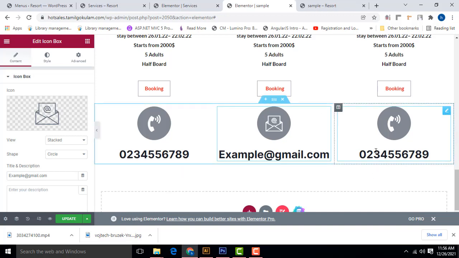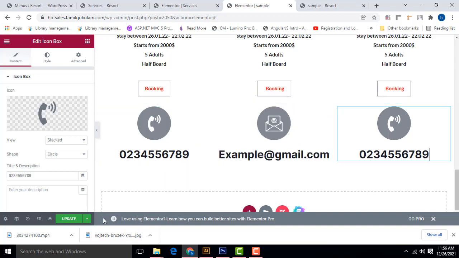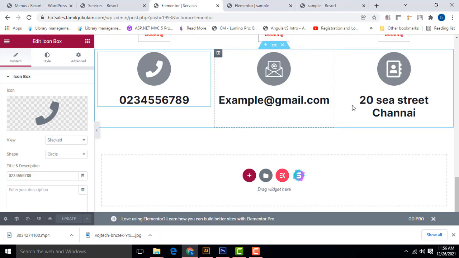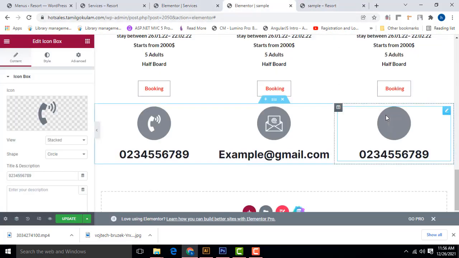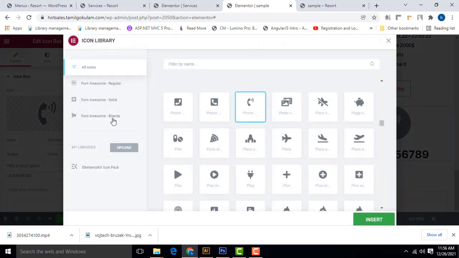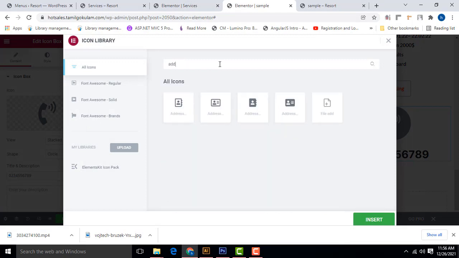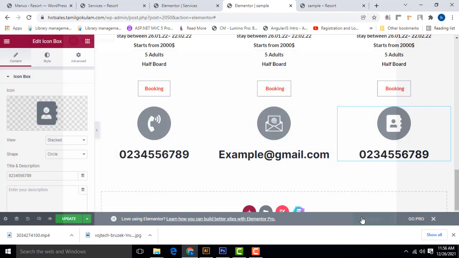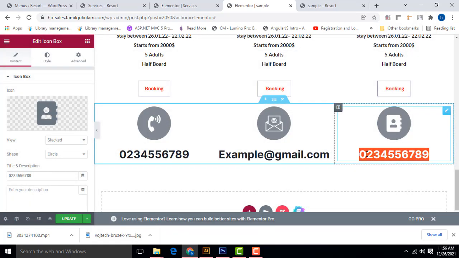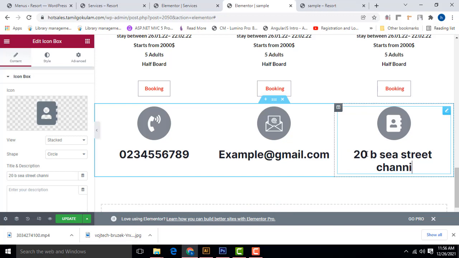After that, here this one should be the another stuff which is the address. So for address also, you go here, type address. So do the task here. Go click on this one, change it as address. You type here address. Click on one of these. Okay, click on this address. Here you have to change the address, sample address. I just select 20 B C Street, Chennai. You will be able to change the text font family as well. It is perfectly well.